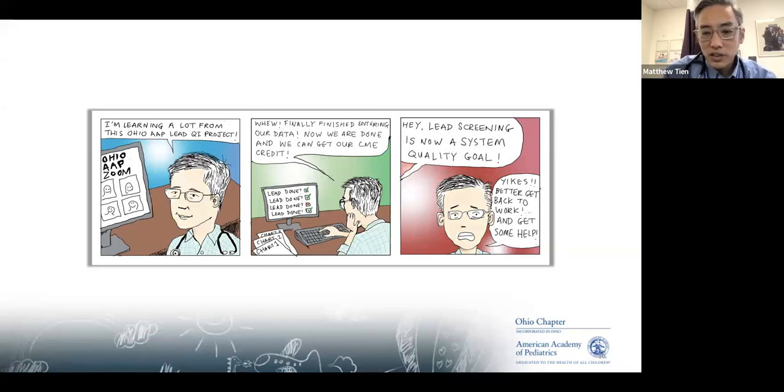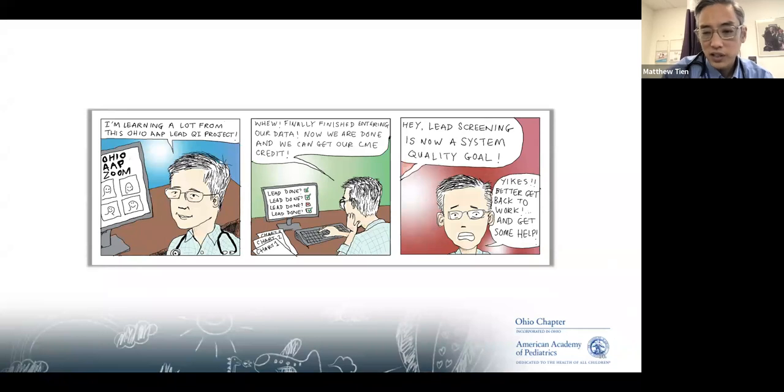Before I dive into this little cartoon that I drew, I just wanted to say that it's fun to be back with the Ohio AAP, because that is really how my official involvement in lead prevention work for our health system started, with an Ohio AAP QI project in 2020. Before that, I was a pediatrician. I've worked as an outpatient pediatrician for many years, and knew about some of the lead testing requirements that Dr. Newman mentioned. But to really get into the work, I got involved in the Ohio AAP lead QI project,